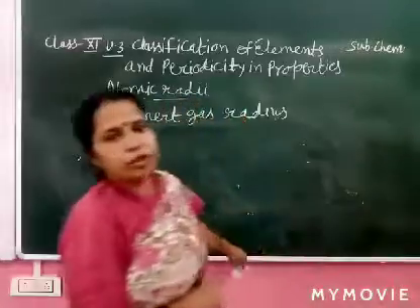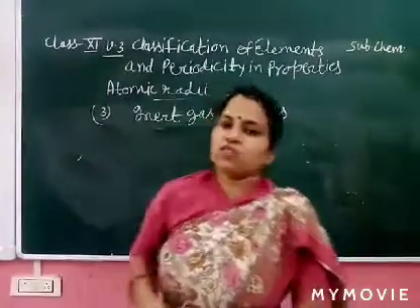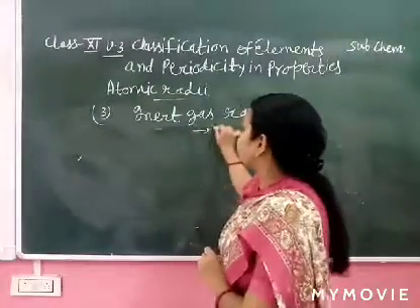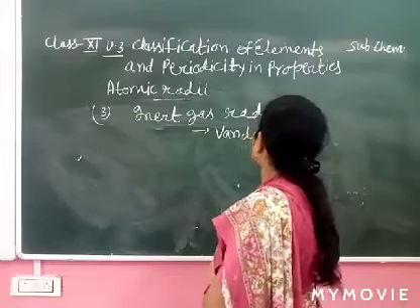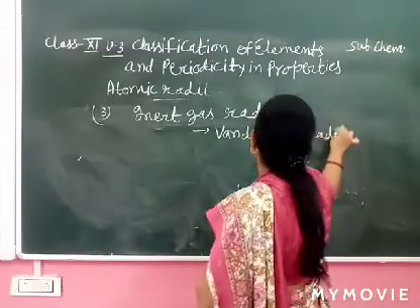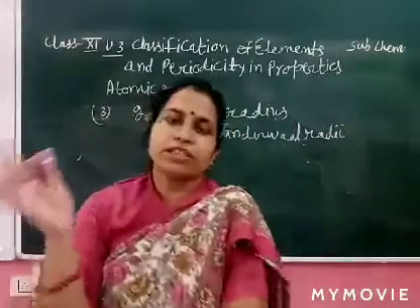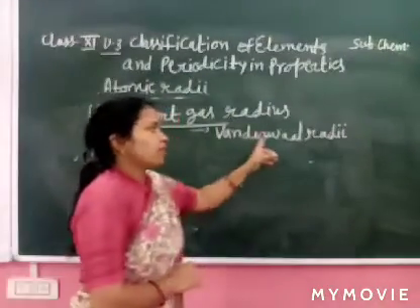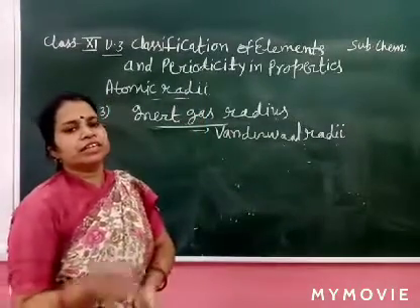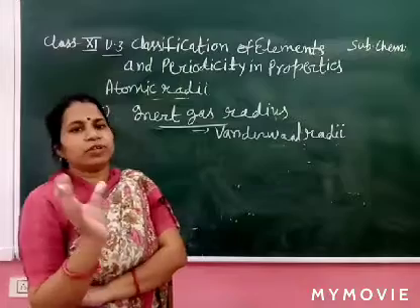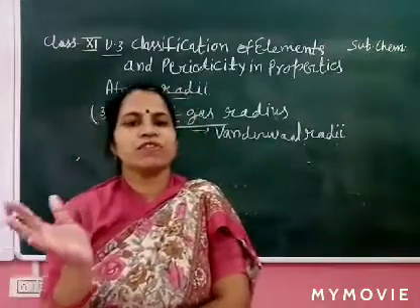There is no covalent bond, there is no ionic bond. So their radii is also expressed in van der Waals radii. These are very weak. So van der Waals radii also explain the inert gas radius, because they can't form the covalent bond or ionic bond, they can't share, accept or donate electrons, because inert gases are already stable, with ns2 np6 configuration.